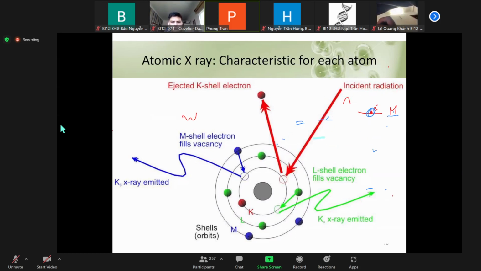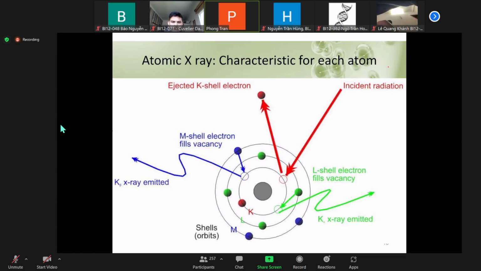Yeah, please. How can you make sure that the radiation will remove the core electrons? I mean, is there any situation that it will remove the outer electron, because it covers the outer layer, and it also needs smaller energy to be ejected? Yeah, for sure. Sure. So